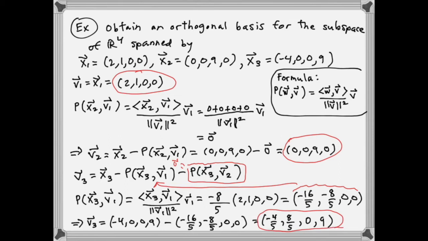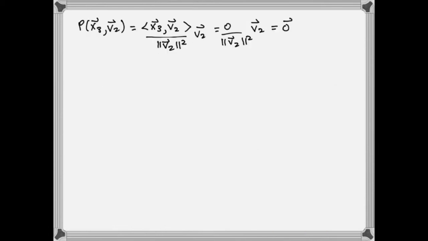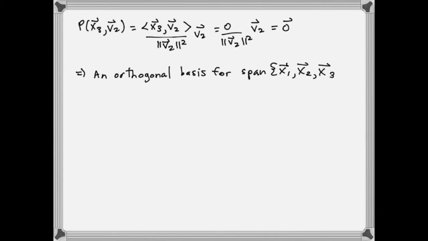So here they are. V1 is right here, V2 is right here, V3 is right here. The point is that we have just created an orthogonal basis for the span of the original vectors. Let's go ahead and write our answer. This implies that the orthogonal basis for the span of x1, x2, and x3 is,